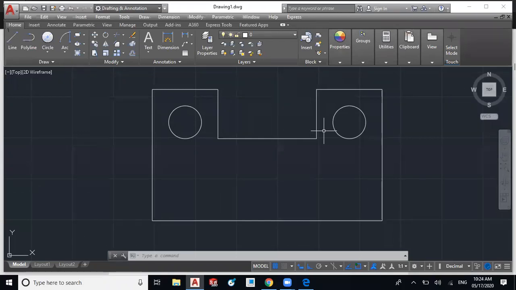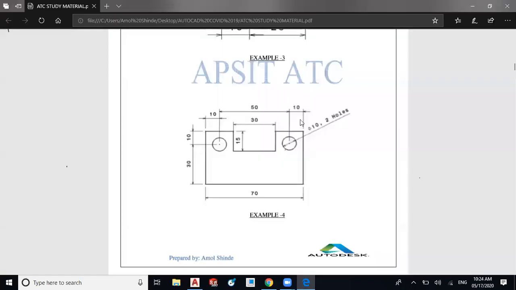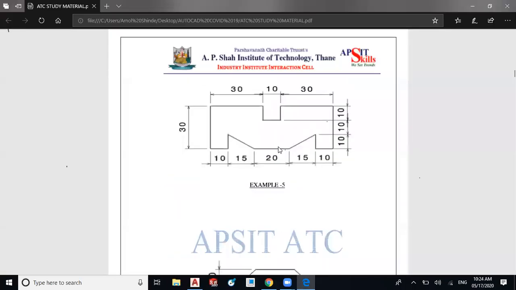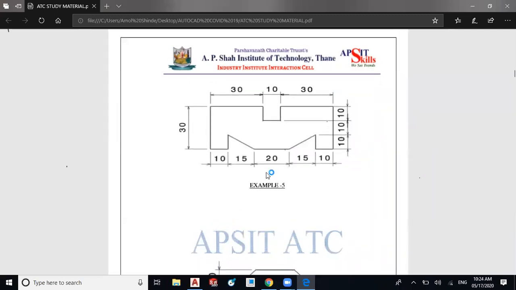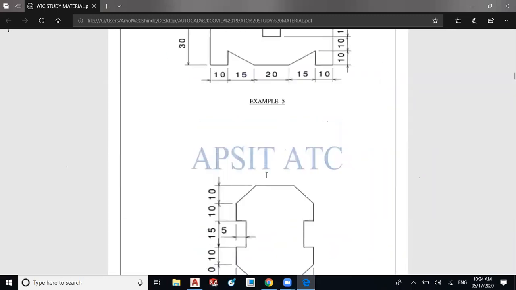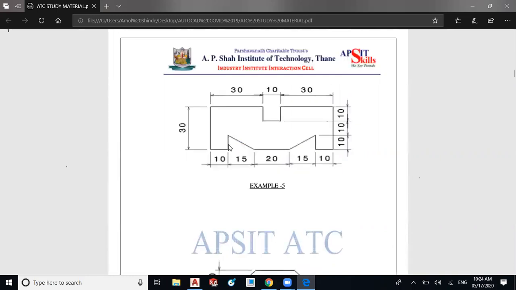So we have covered this fourth one. Now for this also you can use the mirror command. You can draw this half portion and you can mirror it. So we'll see the example of inclination. For this inclination, you have to draw all these lines first, and then you have to connect these endpoints.